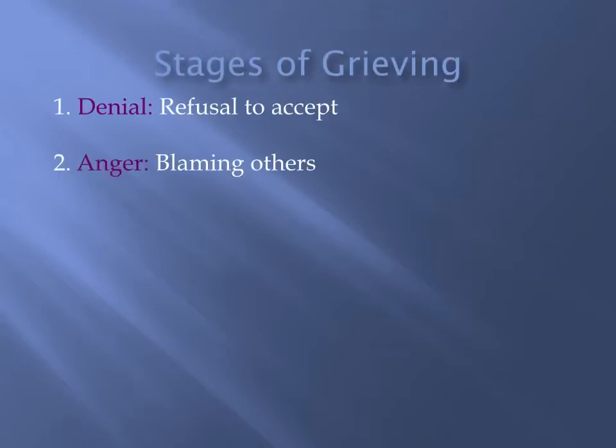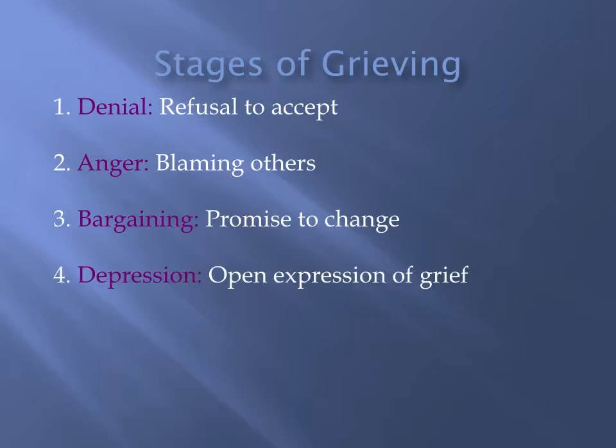When we talk about family members dealing with loved ones passing away, there are different stages of grieving that take place. These particular stages don't always occur in order. Sometimes they do, sometimes they don't. But typically a person goes through each of these different stages during that process of grieving.